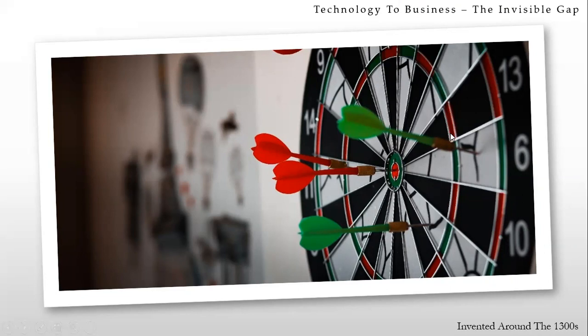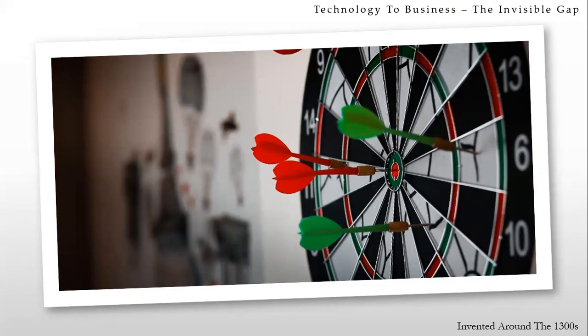And finally, when you hit your dart, wherever it hits, it might not hit over here. This might be a group of people between 25 to 35, but your dart goes and hits over here next to 10. And this might be a group of people between 35 and 45.